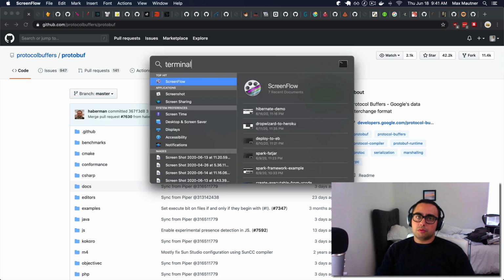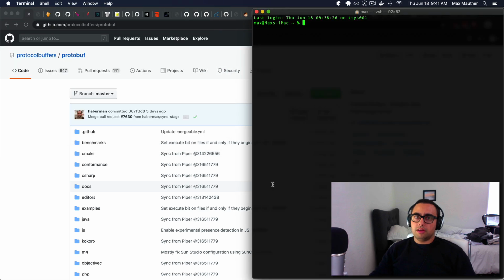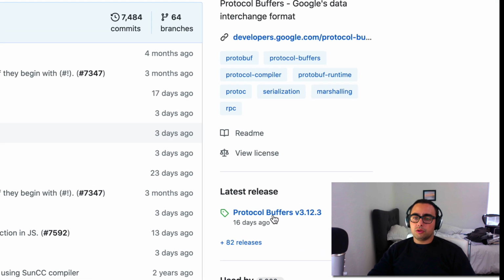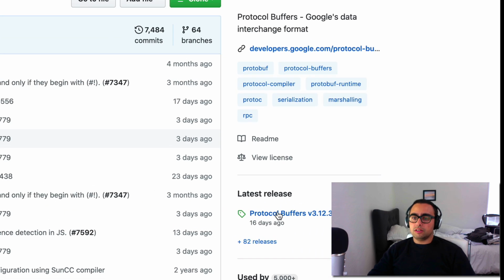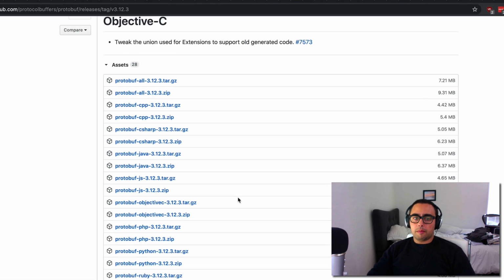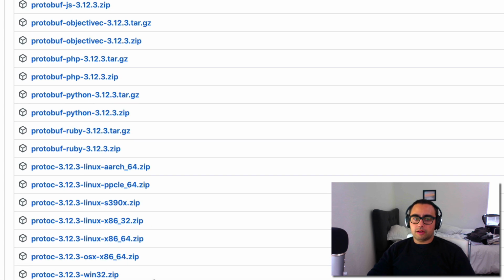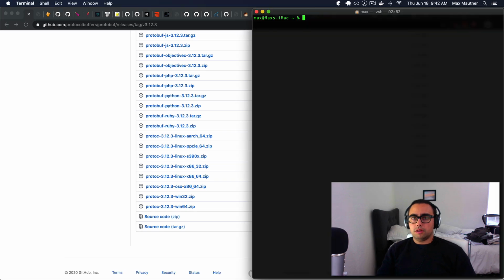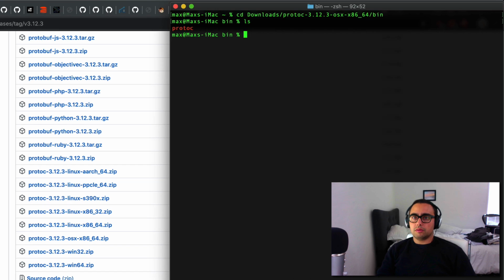First things first is we're going to get a hold of the Protobuf compiler tool. That's something that if you go to the official GitHub page for Protobufs and click on their latest releases. I'm on a Macintosh, so I'm going to scroll down to the OS X download, which is a zip file. I've already unzipped it, so we'll be able to go to Protobuf, and in the bin directory is our compiler